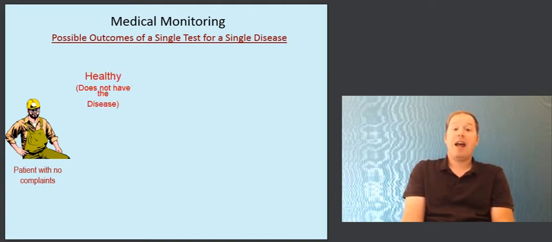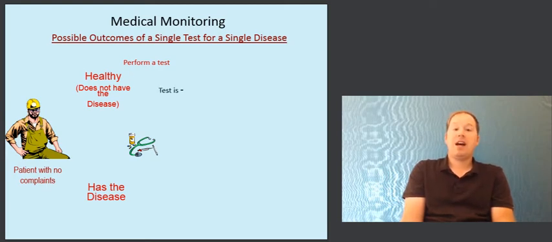Now, for a healthy individual, that is, a person who does not have the disease, and of course we wouldn't know this in advance, but if a person were healthy and did not have the disease, that's one possible outcome. And in the other circumstance, the person could be said to have the disease. That would be the opposite possibility. Of course, again, we don't know this in advance. That's why we're screening them. Now, we're going to perform a test on this person. And the test hopefully is going to tell us something about whether they are healthy or unhealthy.